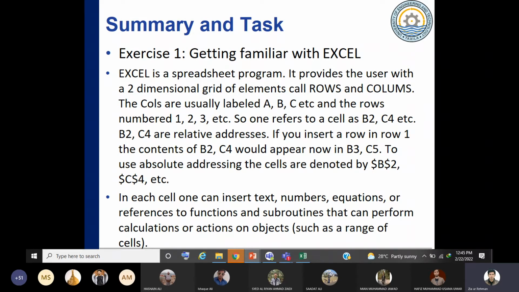Then we discussed how to format a book and data in a book. Then we discussed different formulas, how we could apply them, what different functions are available, what the precedence order of an operator is, and how we could apply the formula.